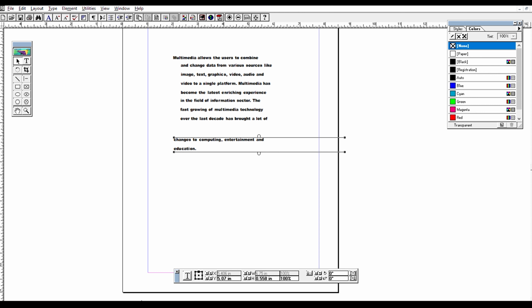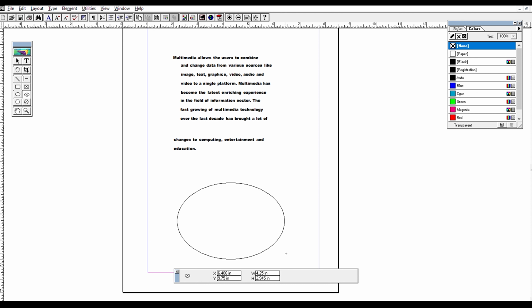Are you clear? Then we are going to place a text inside the frame. Here we saw some frames, right? Ellipse frame, rectangular frame, polygonal frame and all. Now I'm going to take an ellipse frame and draw it first, and then whatever we have we can just type it here or place it.